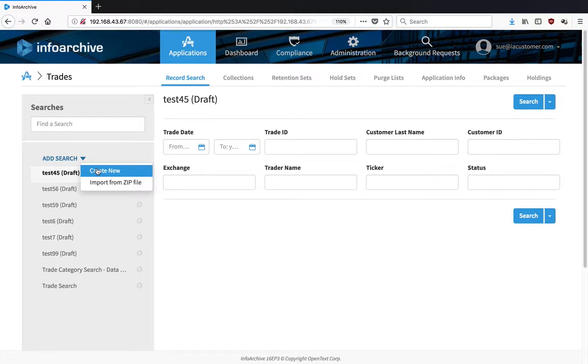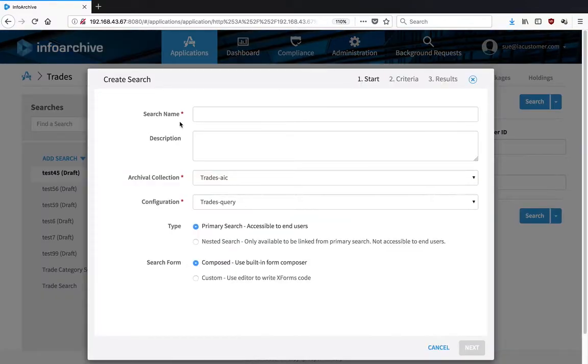So I went in as Sue because she has the privileges, but you could grant it to business analysts or even end users that you trust to create new searches. There's even a production process where it goes into draft and then into production, so you don't have to migrate it between systems. But I'm going to go ahead and create a new search in the trades archive, and I'll just call it